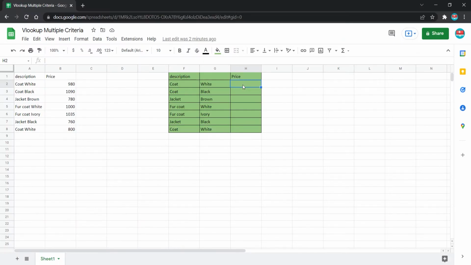Okay, now I will show the VLOOKUP with multiple criteria. Okay, so I have two different columns, and in another column I have the both combined data also. So I want the price is equal to VLOOKUP. I'm selecting the F column